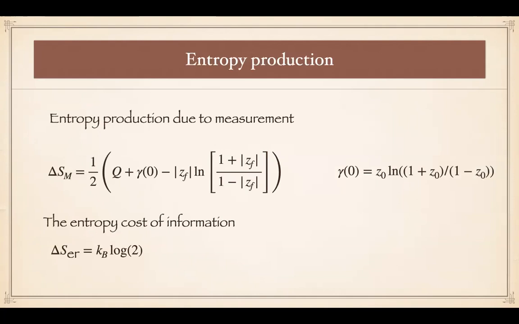But the most interesting thing, I think, is that this Q gives you the irreversibility in your measurement, right? Because it somehow gives you the difference between the time reverse component. So it should be linked directly to the entropy. And you can clearly see that the entropy production due to measurement is given in terms of Q and the initial condition.